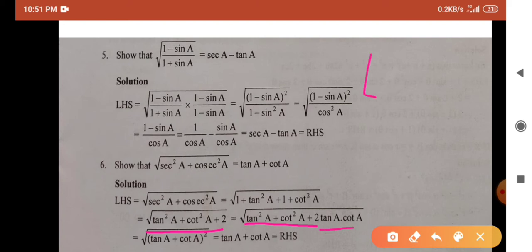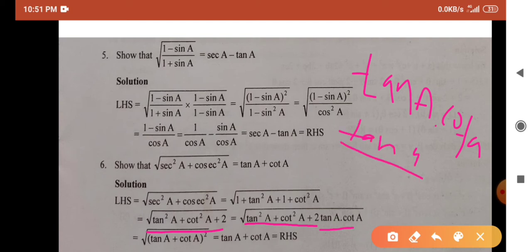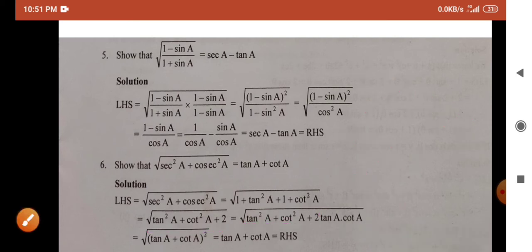Tan a into cot a is nothing but tan a into cot a. Now tan a is reciprocal of what? Cot a can be written as 1 by tan a, therefore tan a gets cancelled. Both are reciprocal to each other, tan a and cot a. Tan a keep as it is, cot a can be written as 1 by tan, again tan gets cancelled. What we get here? 2 only. Therefore we are just substituting the functions tan a into cot a, because both are reciprocal. We are just adding two terms here, tan a into cot a, to convert it into the standard identity, right?